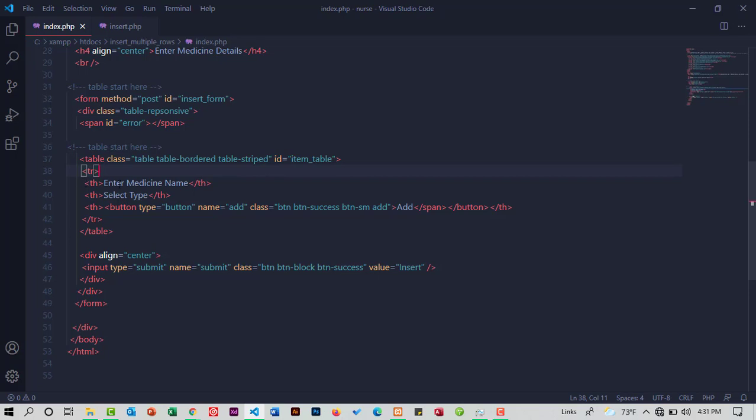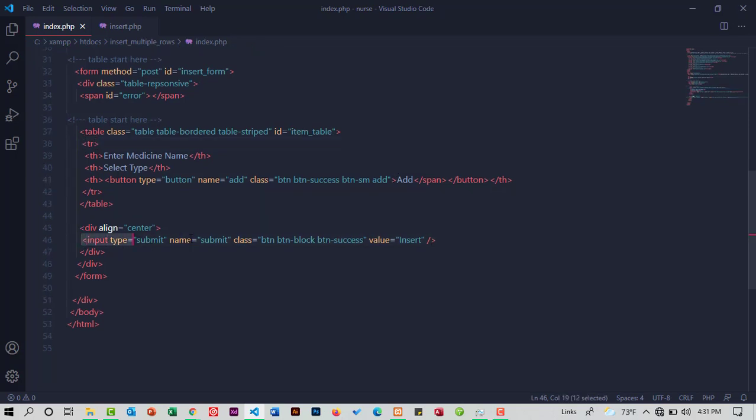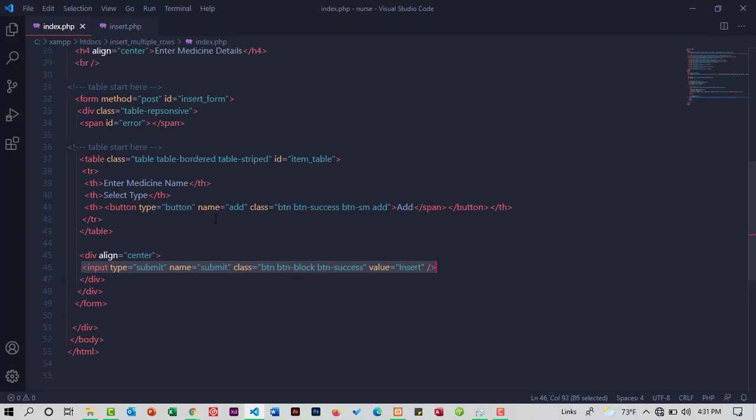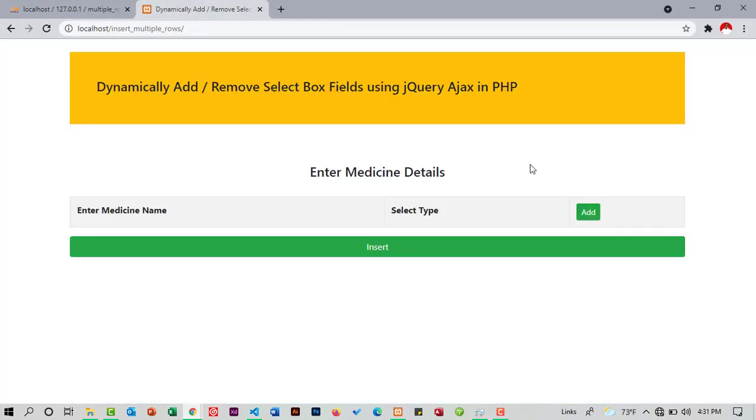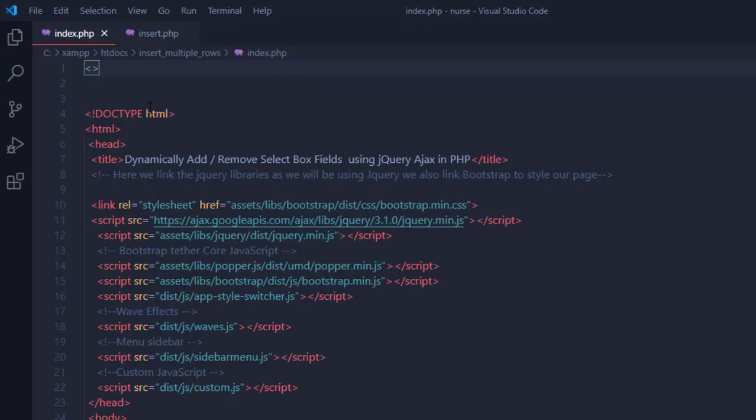The table has columns: enter medicine name and select type. It also has the add button that a user can use just in case they want to enter multiple medicines. Below that we have the submit button that users will be clicking to insert the data into the MySQL database. All that code basically just gives us what we have here. Currently this is just pure HTML, and it won't work even when I click on the add button or the submit button. And so on top here I open and close the PHP tags,